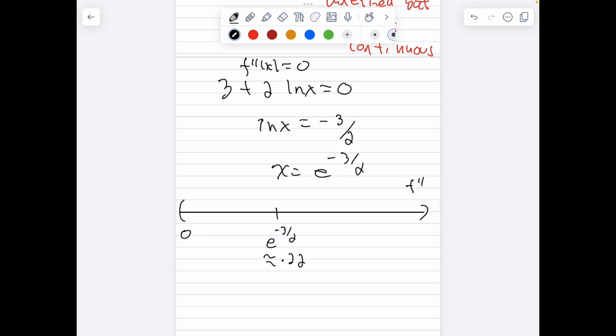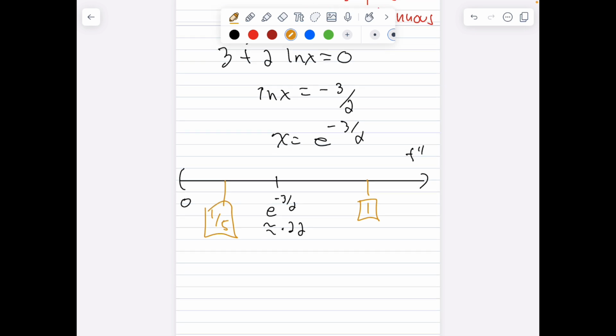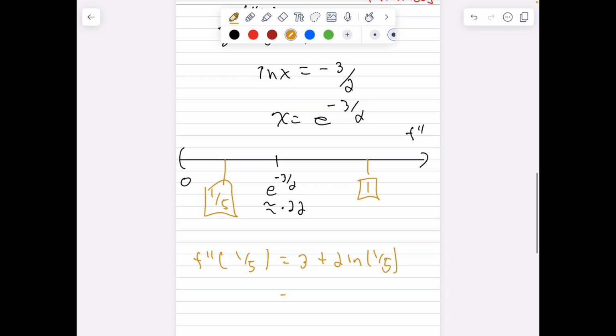So then I'm going to take 2 points, one to the left and right of e to the negative 3/2, which would be 1 and maybe a fifth. Okay, 1/5 is 0.2. And what we're going to do is plug them into our second derivative and see what we get. So if we plug in the second derivative of 1/5, this would be 3 plus 2 ln of 1/5. Okay, and if we did the math, using our calculator here,